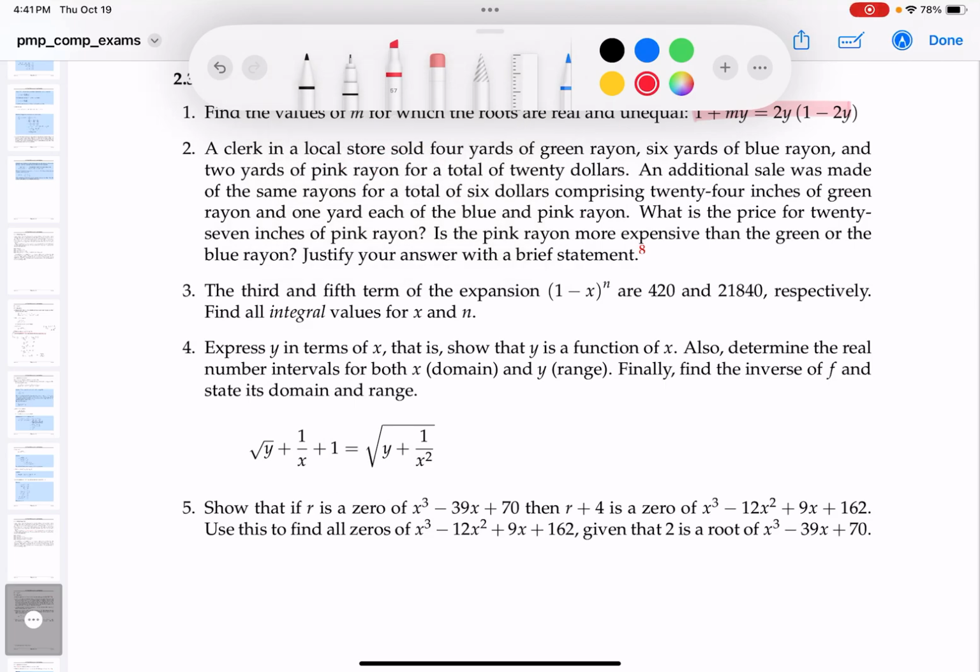All right, it's a word problem. Just reading through it, a clerk at a local store sold 4 yards, by the way, a yard is 3 feet, of green rayon, 6 yards,